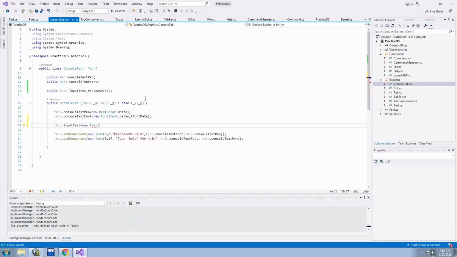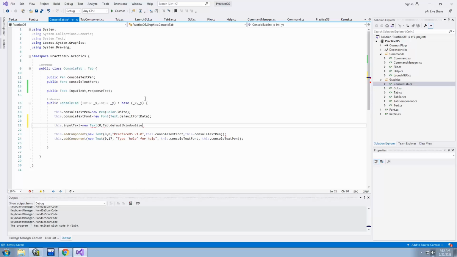So for the X, we're gonna set it to the leftmost part of the screen, because it wouldn't make sense to set it halfway in the screen or something, unless it was being centered, and that's a little bit too advanced for us. So I'm gonna set this to 0, and then for Y, as I said, it's gonna want to go at the bottommost part of the screen. So what we actually have to do here